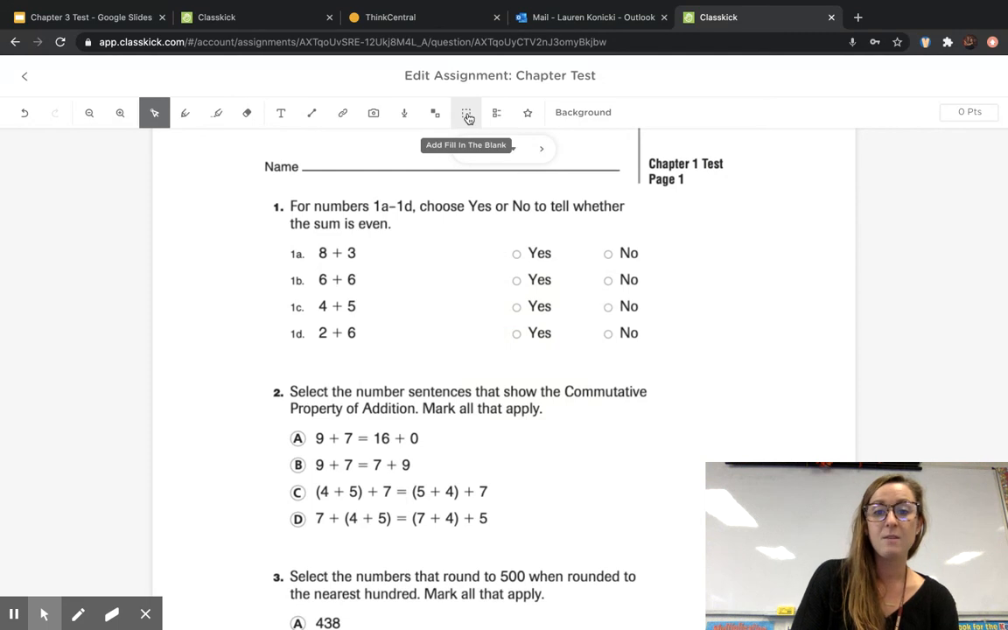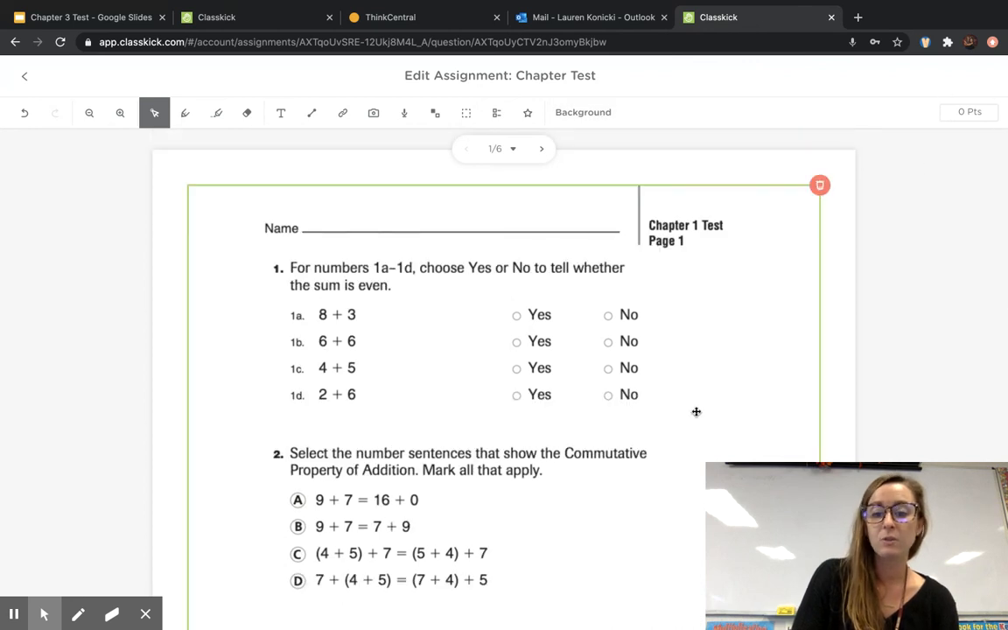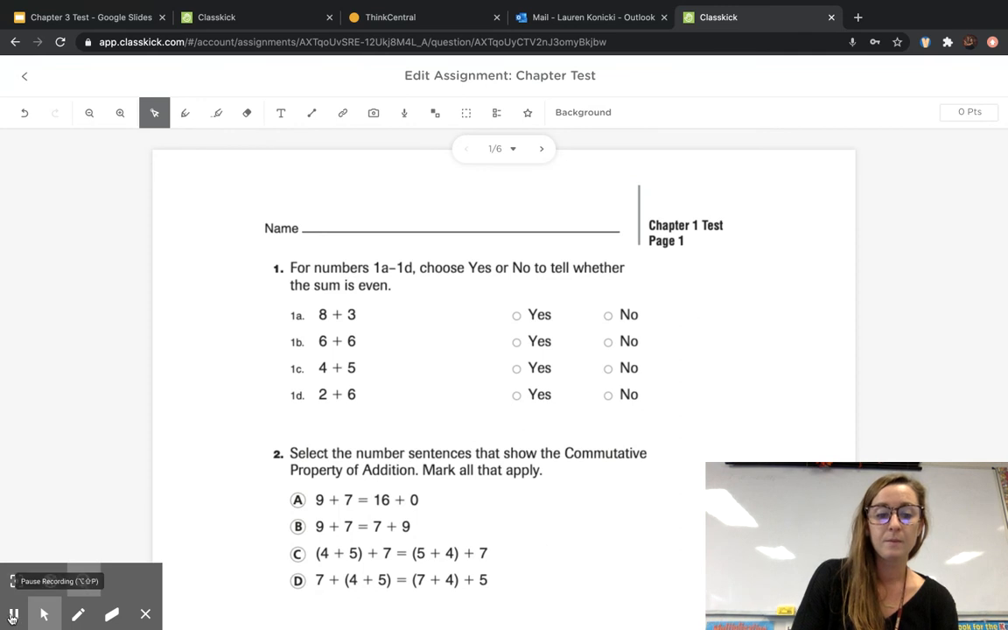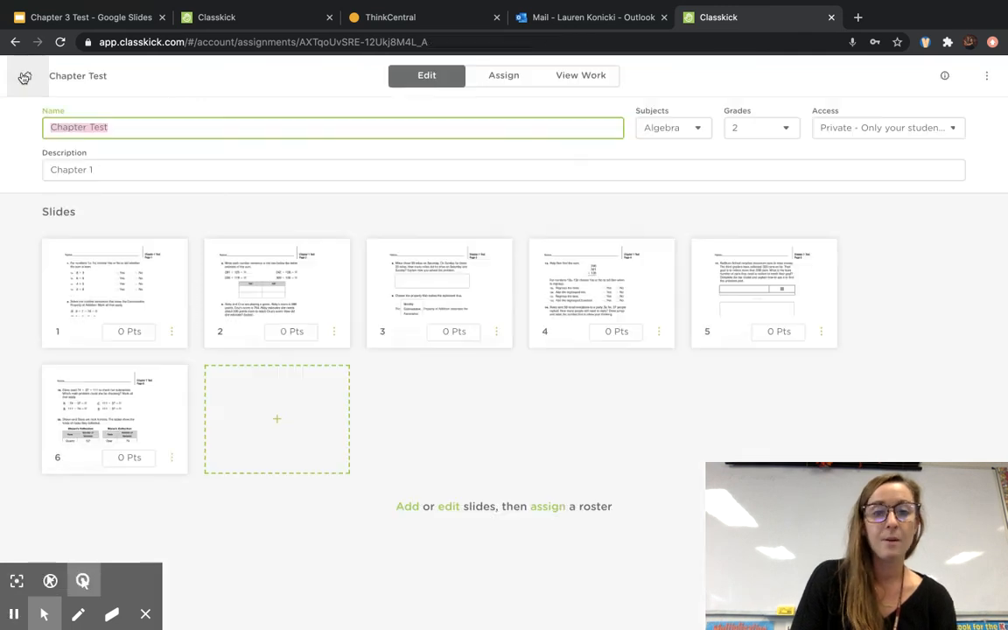You can add a fill in the blank section. You can add bullet points. You can change the background. And you also can assign point values for questions, which is super helpful. Okay. Now, I'm going to go back to the assignment,